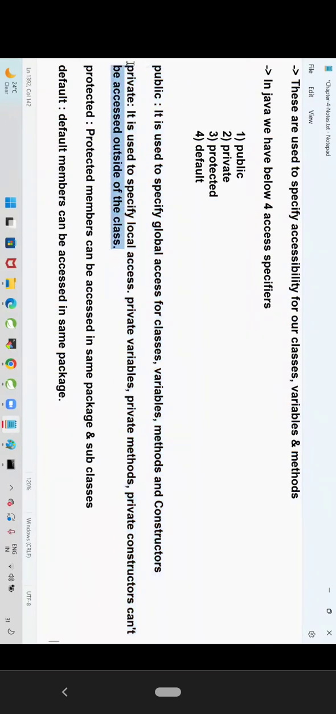What is the meaning of private? It is used to specify local access. Only within the class we should be able to access them. Variables can be declared as private, methods can be declared as private, and constructors also can be declared as private. Alright. Now let me go to class